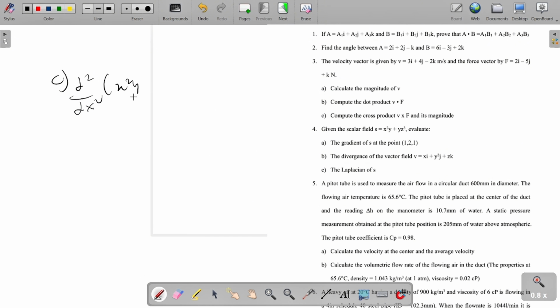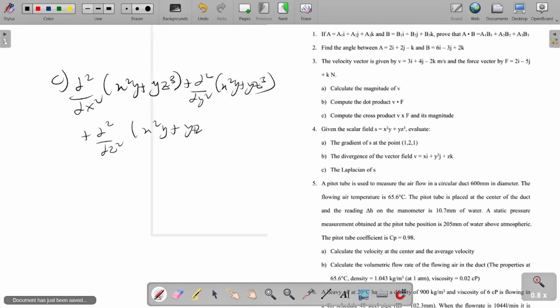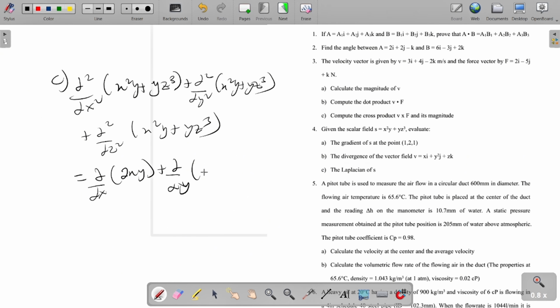So x squared y plus y z cubed, then del squared over del y squared of x squared y plus y z cubed, then del squared over del z squared of x squared y plus y z cubed, right? So over here too, you end up with a scalar. So I'll do the first one. For x, I'll be getting 2xy. Then the next one will lead me to x squared plus z cubed. Then the next one I'll have